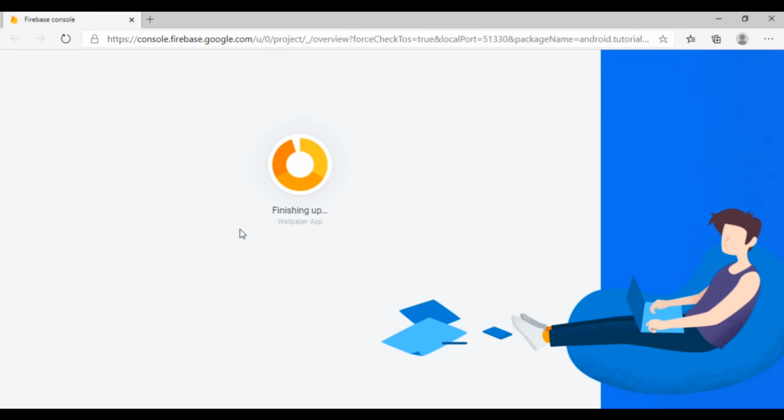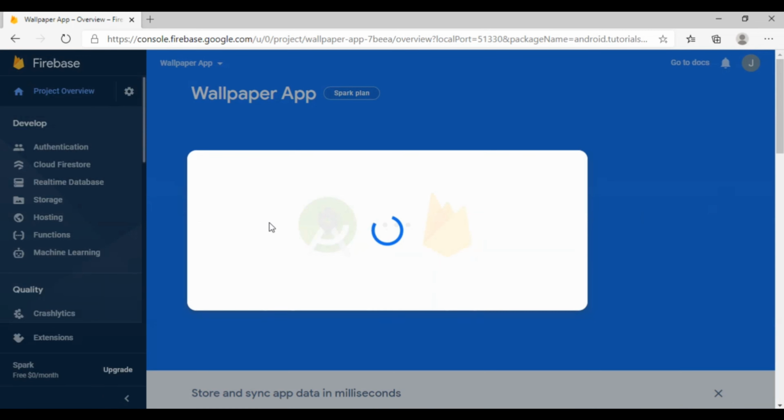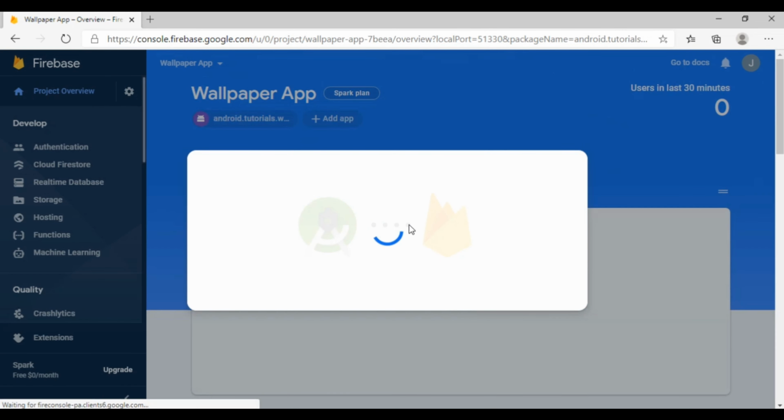So when we add these dependencies, it takes over 24 hours to show the data. So it will not be possible to show you the preview of the result. So you may try yourself and check the result. So here our Android Studio is connecting with Firebase. Once this loading process is completed, we will get the connect button. So when we click on connect, our Android Studio will automatically connect.